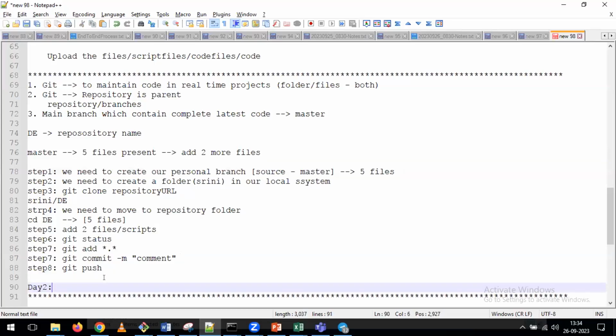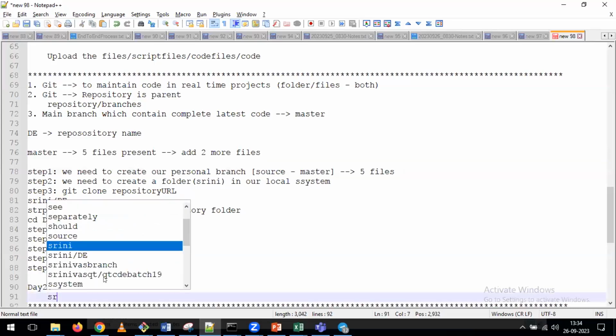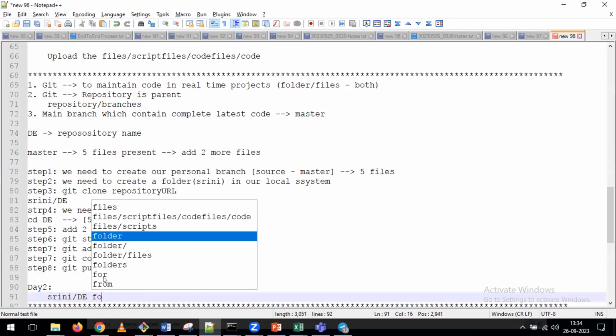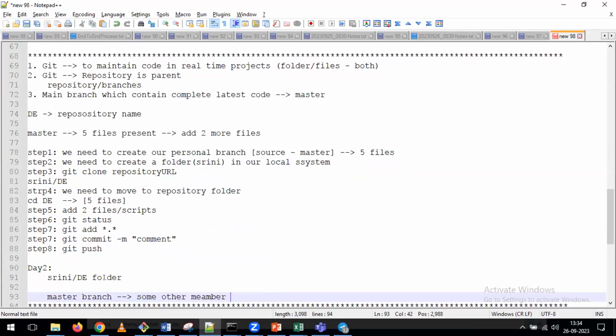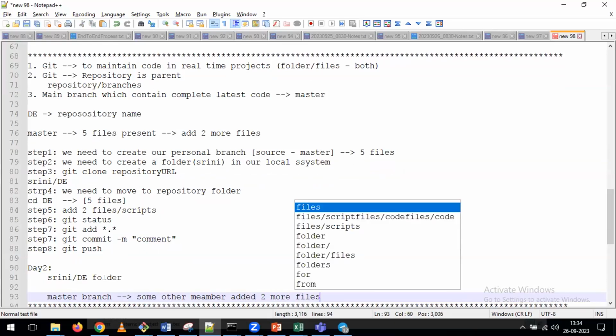You are working on day 2. Now you are in the Srini/DE folder, but in the master branch, some other team member added 2 more files. In the master branch, some other team member added the 2 more files, and now if you want to get all those files information, or if you want to get all those files into your local folder,